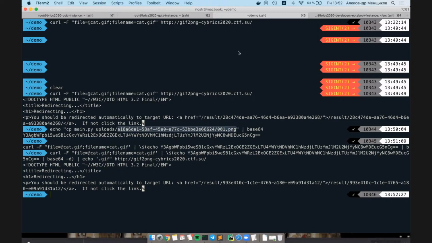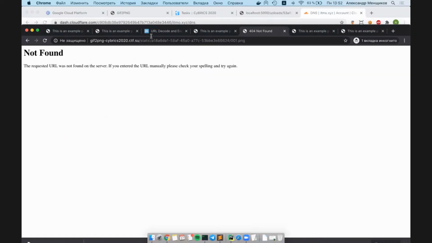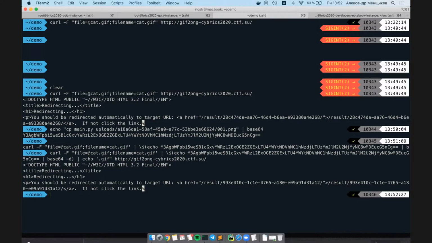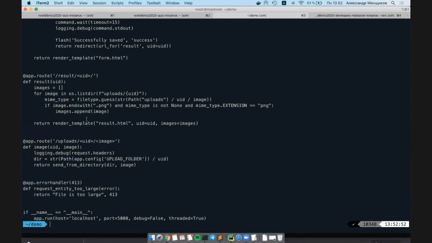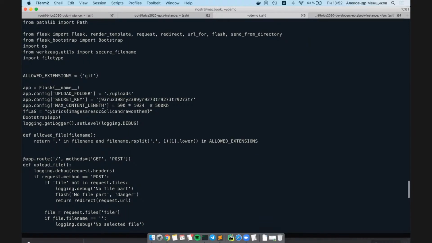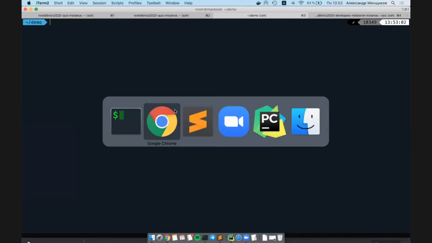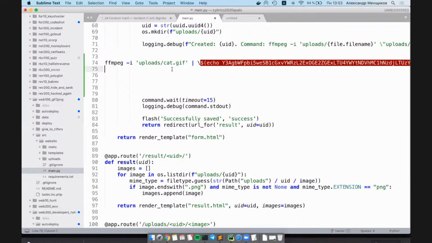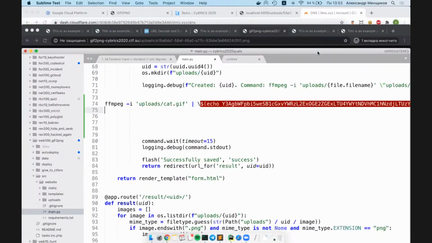So we can go strictly to the static directory and take or upload, I don't remember. Yeah, and upload this result. So let's do this by CURL, and we can see the source code of our main.py function, main.py code with a flag. So the second way of solving this task is almost the same, except that we